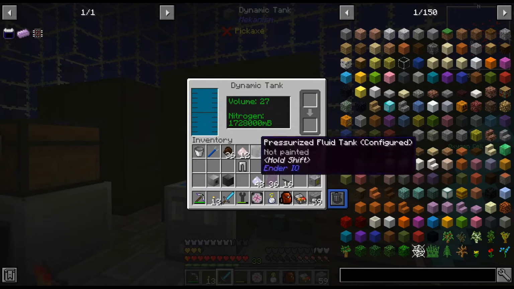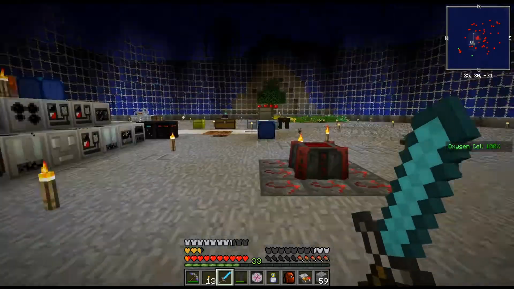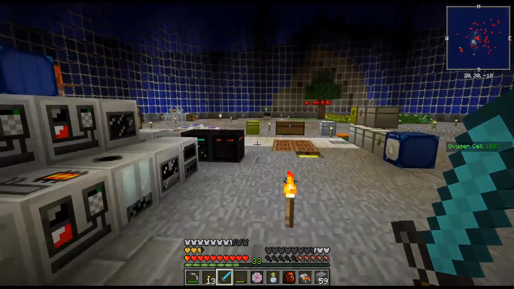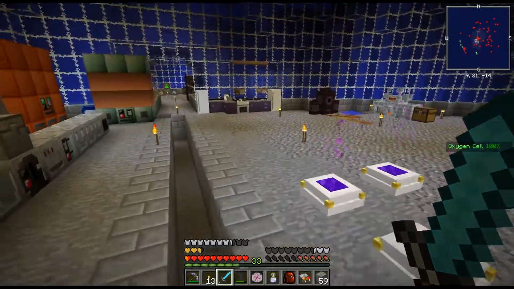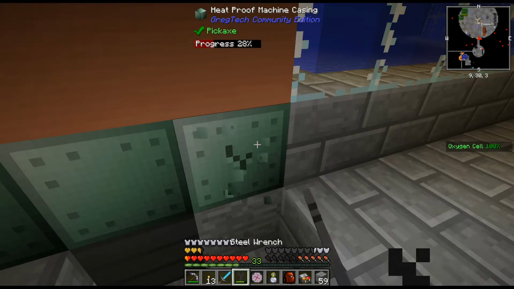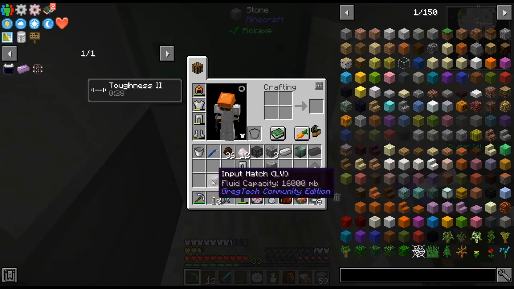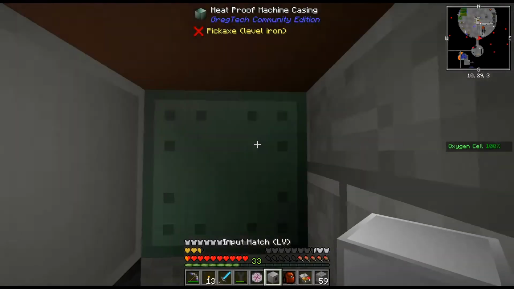Alright, let's try that again. So basically I just did a steel drum which has 64 buckets. Since this is not connected to the blast furnace yet, it will be eventually. But what I'm going to do is just... We're going to leave the oxygen in there because we do use that sometimes. I'm going to replace this one with a hatch. I think...